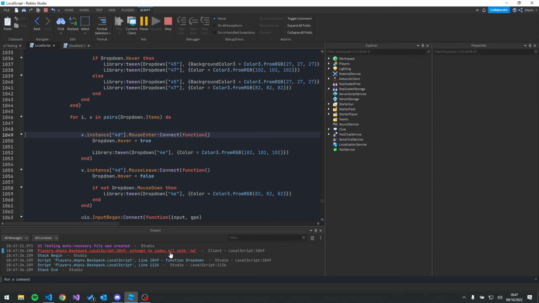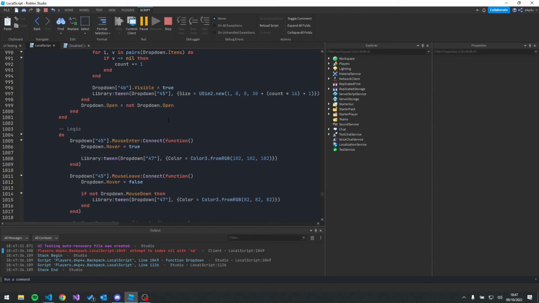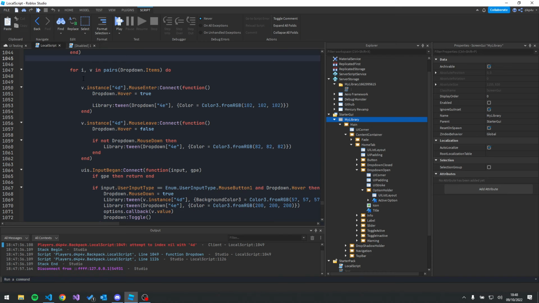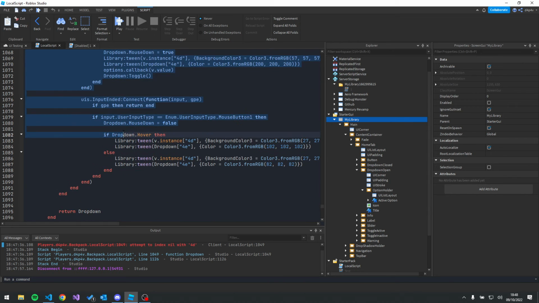And we got an error. Why is this erroring? Okay, so since we can't do this because we're adding logic before adding the actual item, we're just gonna copy this code